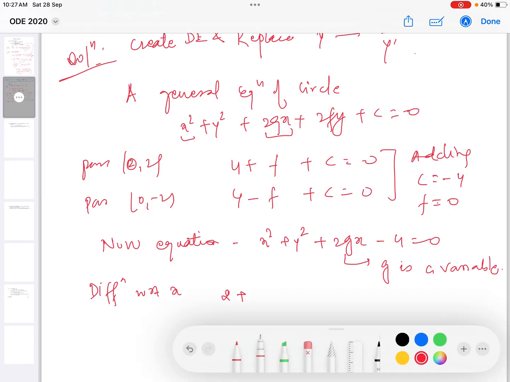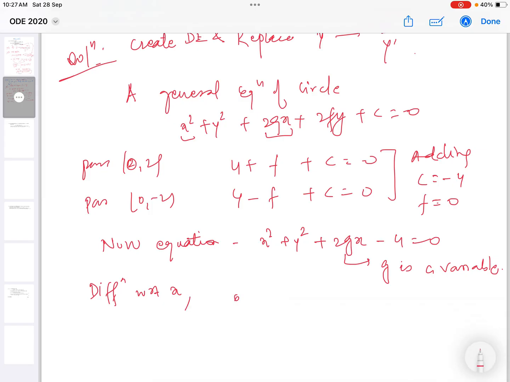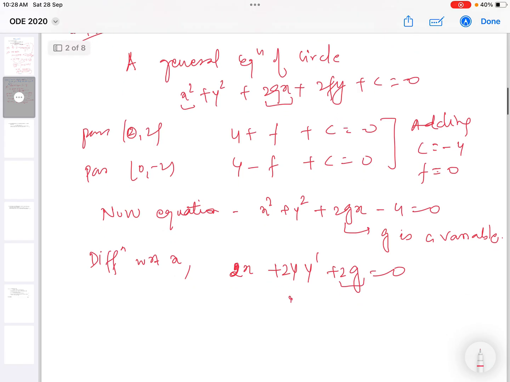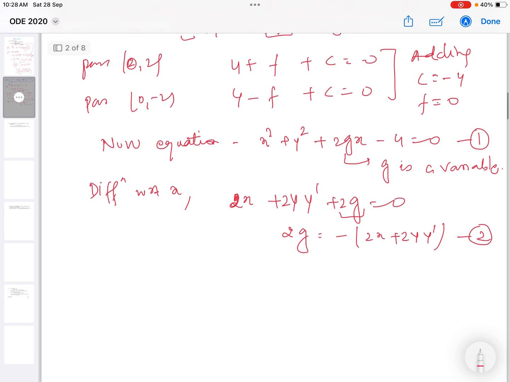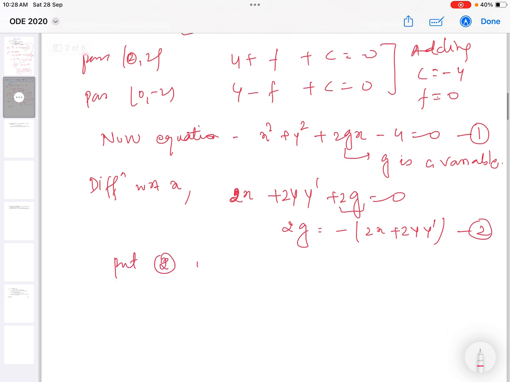2x, 2y y dash, 2z equals 0. So what you can do is put this as equation 2, then 2z becomes minus of 2x, 2y y dash. Now put 2 in 1, we get